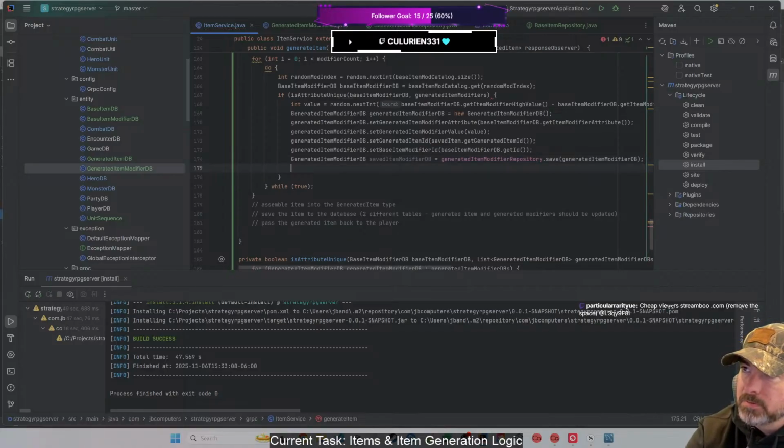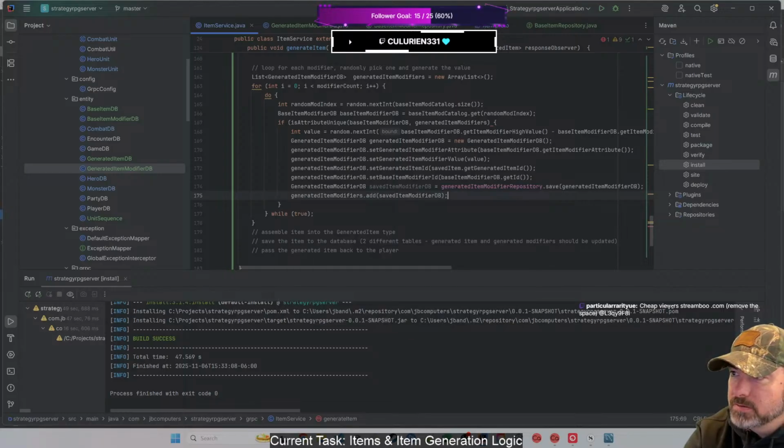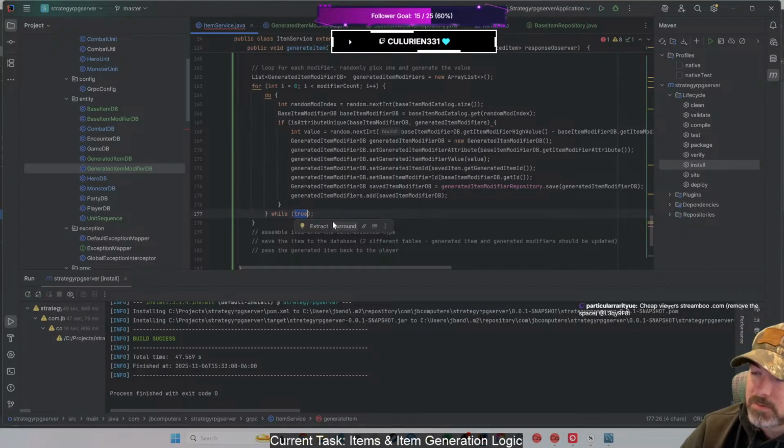And now that's what we want to add to the list here, the generated modifiers. So it's saved in the database and we added it to this list that we're generating so that we can use that to create this item right here. The only other thing we need to do here is